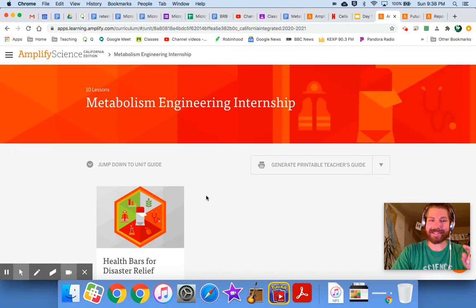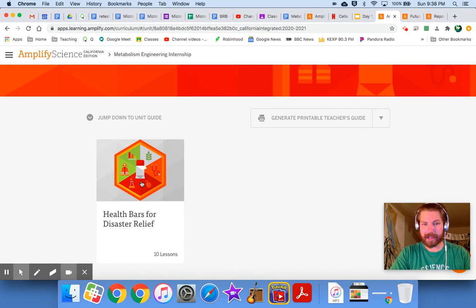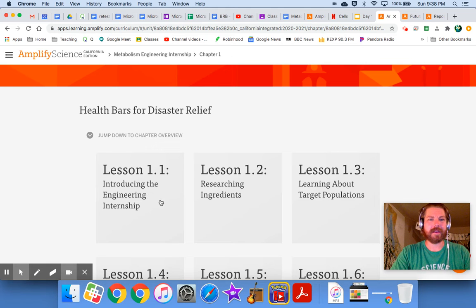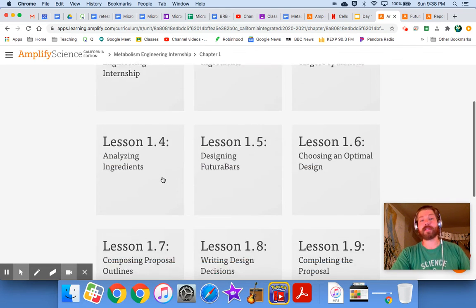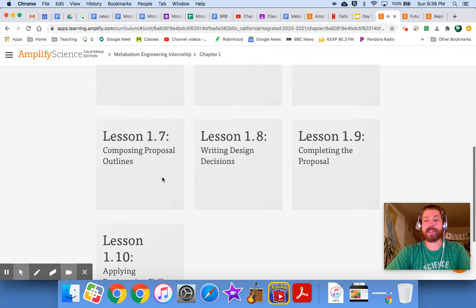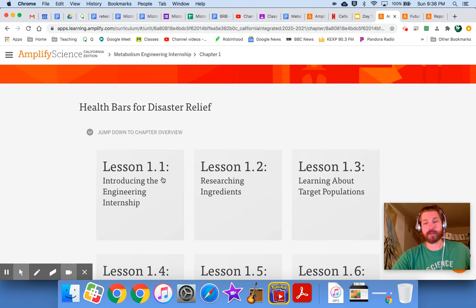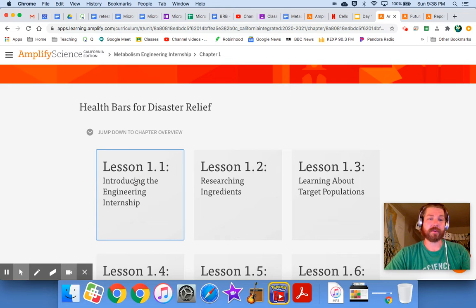And it doesn't do it by lessons. It does it by days now. So there are 10 lessons. You're going to click on Health Bars for Disaster Relief. Oh, Health Bars. I said energy bar. It's a health bar, same difference. So there's 10 lessons, okay? But when you're actually in the workspace, in the Futura workspace, which we're going to go to in just a second, you'll see it's by days. So when you click on here,